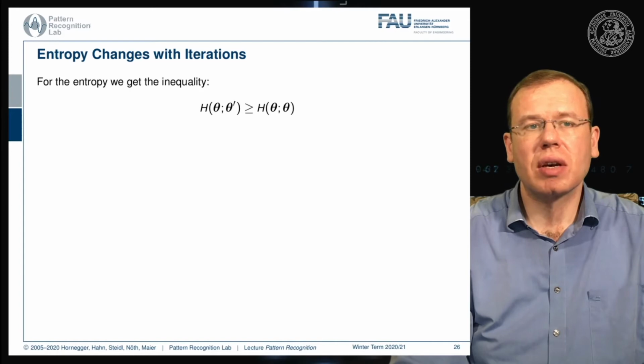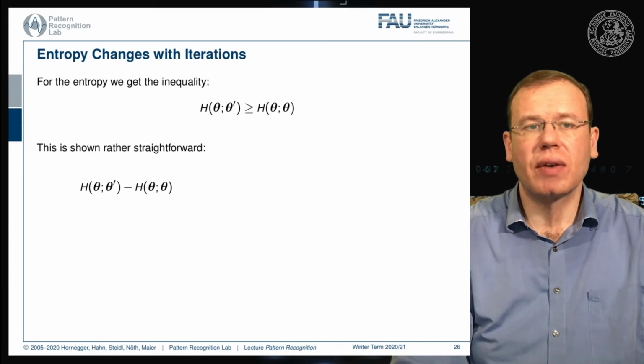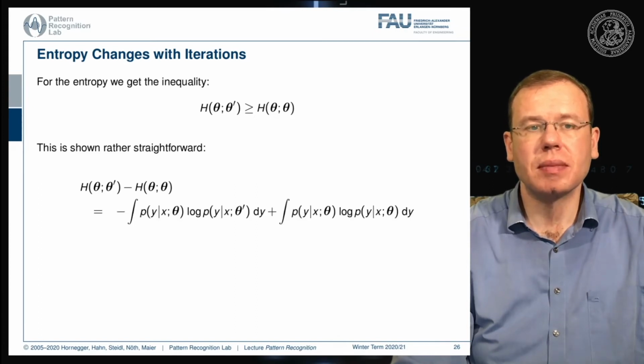So let's look a bit into the properties of the entropy. We get the following inequality for entropy: if you have a parameter set theta and a parameter set theta prime, then this entropy is generally larger than the entropy of the parameter set with itself. Now, to show this is rather straightforward, we can subtract the two terms from each other,